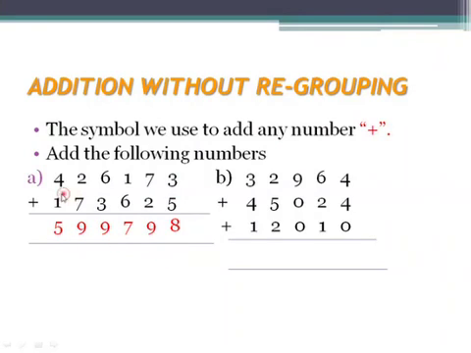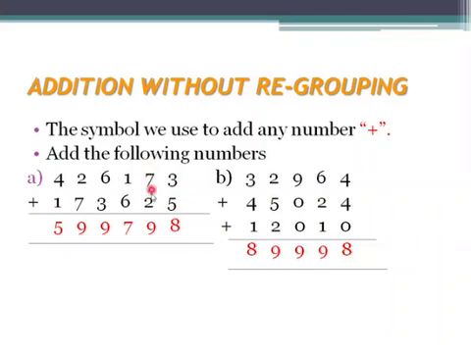In addition, you should not start from this side. Always start from the ones column only. These are called ones, tens, hundreds, thousands, ten thousands and lakhs. You have already learned in the first chapter how to read these numbers and periods. So always start the addition from the ones column. Here you have 3 and here 5. Adding 3 plus 5, you can use fingers or count in the mind. Keep 5 in the mind, take 3 fingers in the hand. 5 plus 3 is 8.